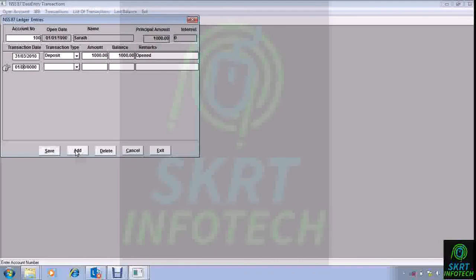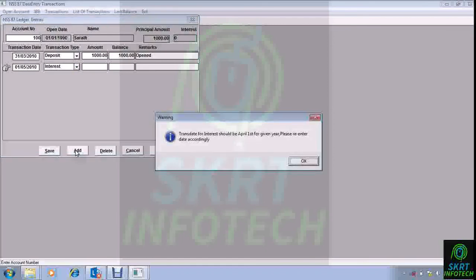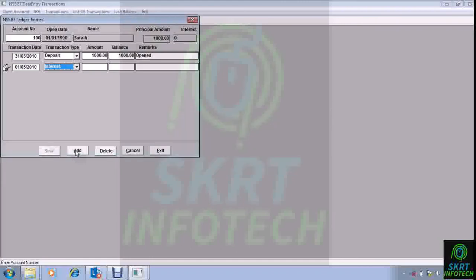Now we'll add interest. Interest should always be on the 1st April of that particular year. Otherwise you will get an error: transaction date for interest should be April 1st for the given year. So you'll have to just go change the date if you're doing it wrong.